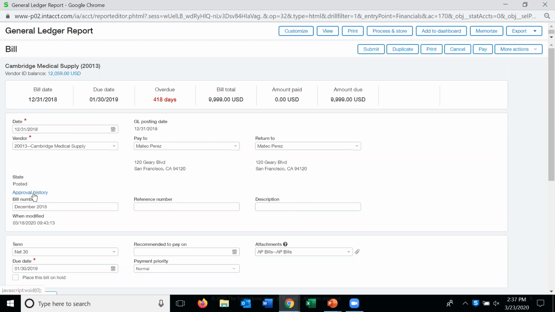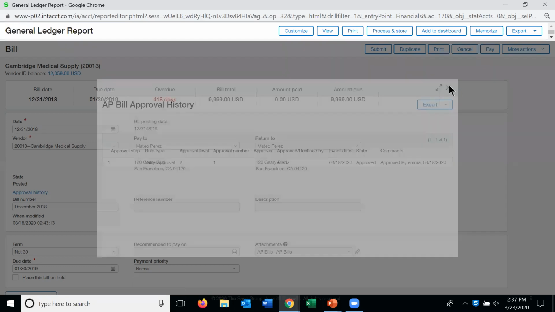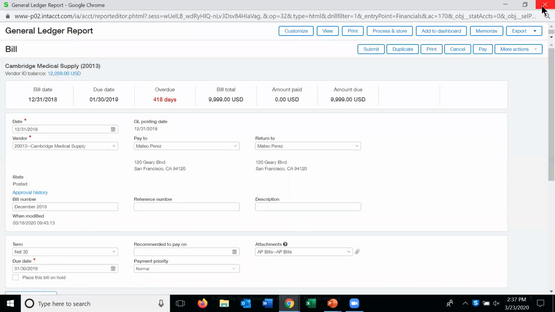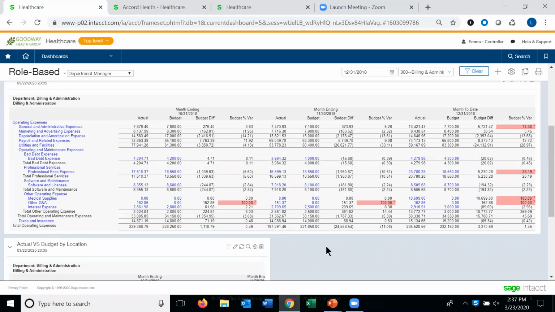This particular AP bill from Cambridge Medical was one that had to go through an approval process. So from here, I can drill into the approval history, and I can see that this was a transaction that was approved and when it was approved. So all of this information right at my fingertips, and remember, I got to that from a report